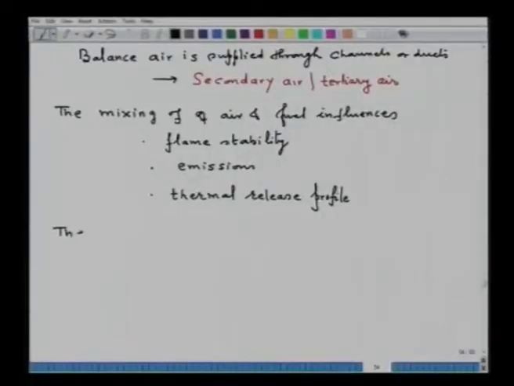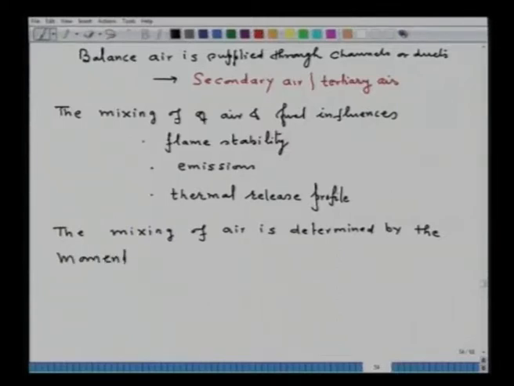So, the mixing of air is determined by the momentum flow rate of the jet produced by the burner